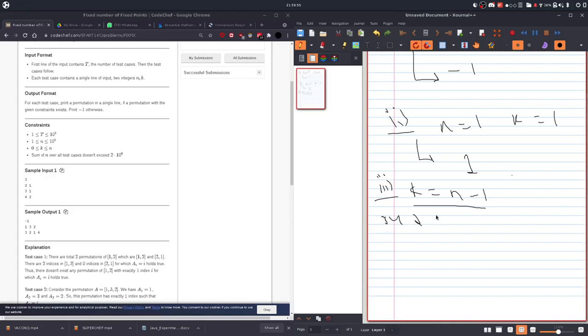So if k is equal to n minus 1, let's say an array is of size 5, let's say 3, 4, 2, 1 and 5 itself. So if k is equal to 4, which means even if you find a permutation where these are all sorted and this is the 5, then we already know this will also be sorted.